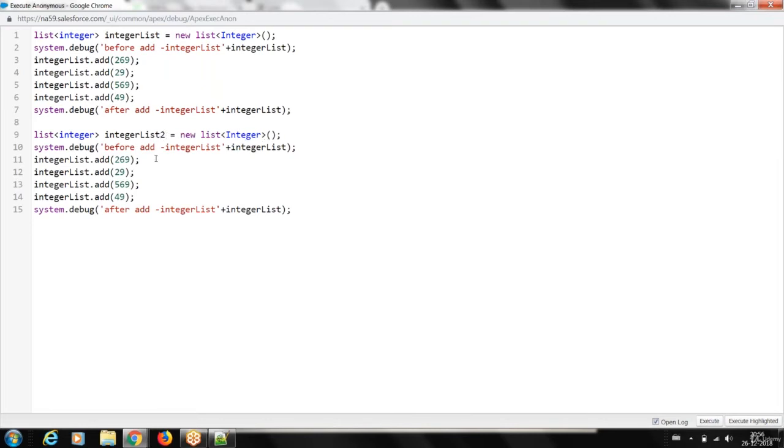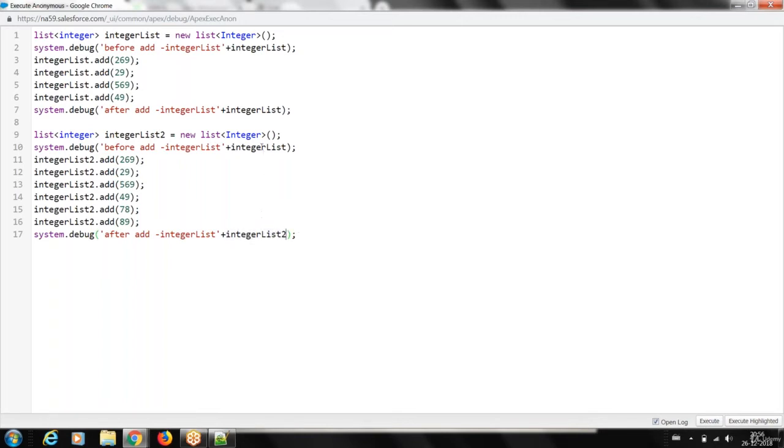I need this integer list 2 to have some elements which are the same as integer list, namely 269, 29, 569, 49, and I also want to add some extra elements, let's say 78 dot add 89.